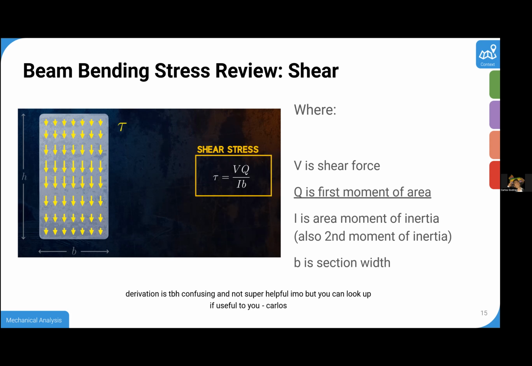Again, the derivation of this is not super helpful, in my opinion. I'm just taking this at face value. You don't have to take it at face value. I'd love to be proved wrong. But